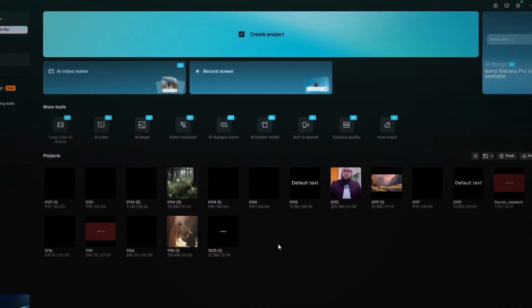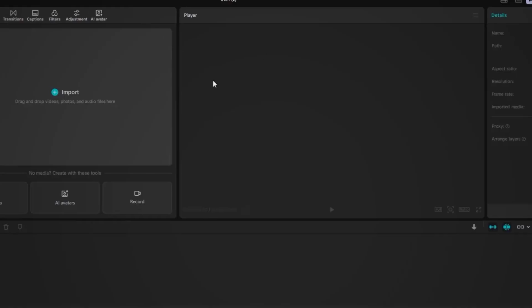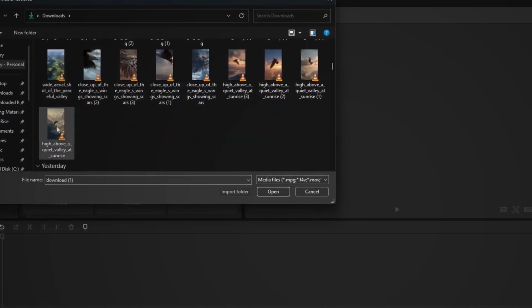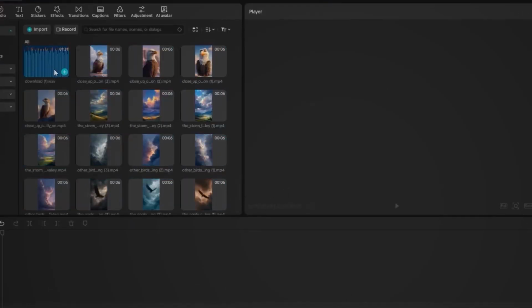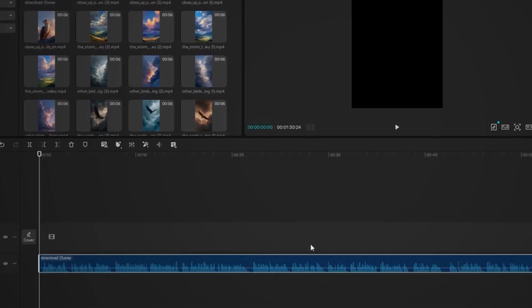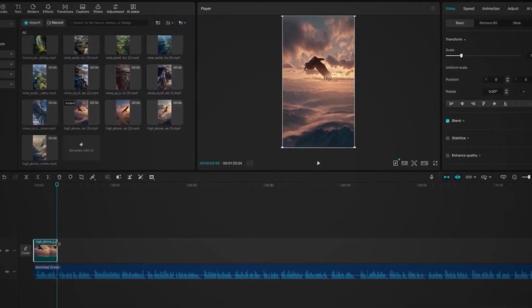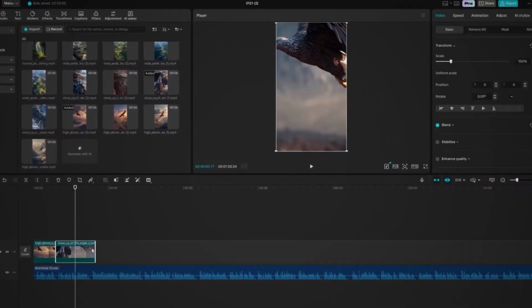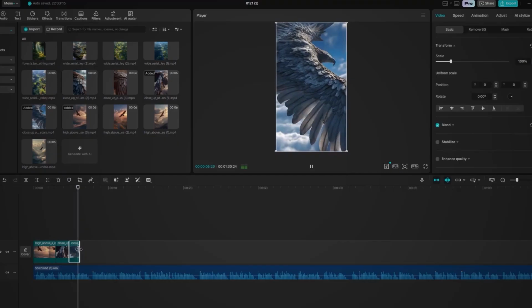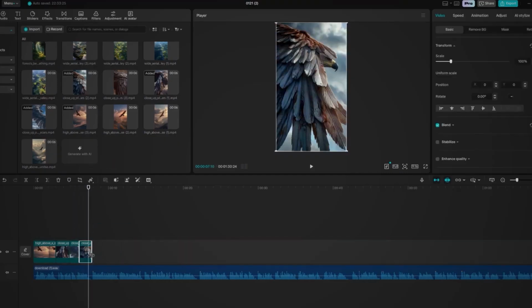Now come back to the CapCut homepage and create a new project. From here, import all the videos and the voiceover we've generated so far. First, drag your voiceover onto the timeline. If you need to trim or cut anything in the voice, you can do that here. Now, play the voice slowly and place the video clips on the timeline in story sequence, matching them with the narration. That's it. This simple process gives you full control, better accuracy, and a perfectly synced final video without relying